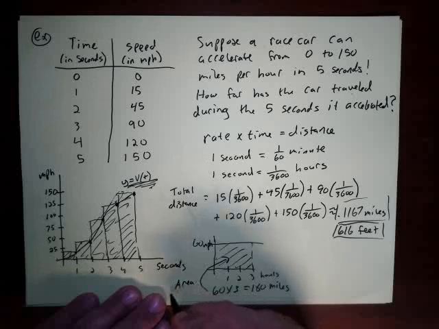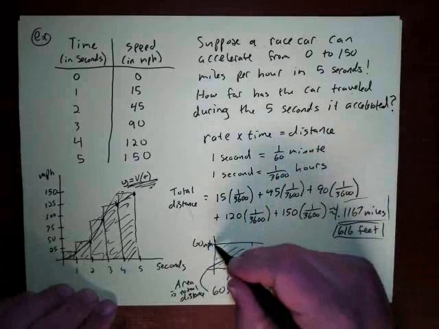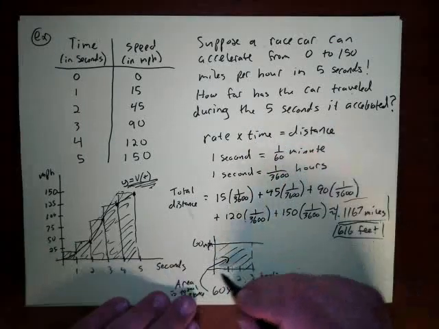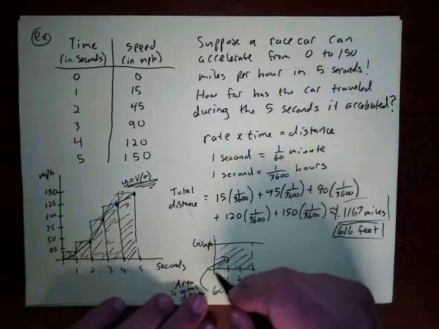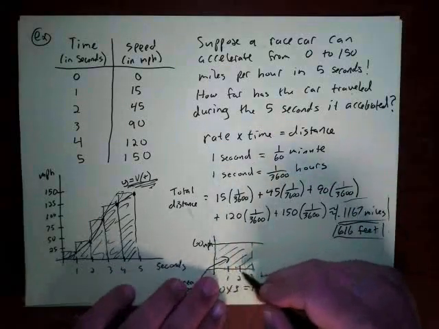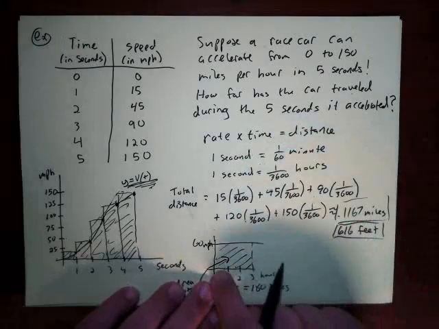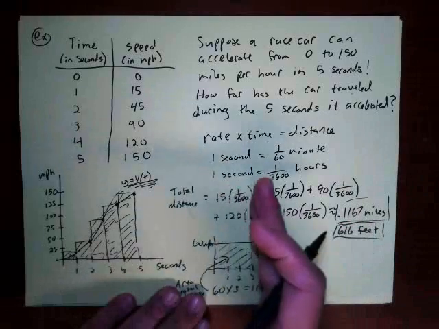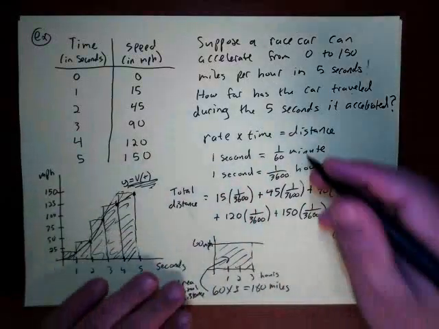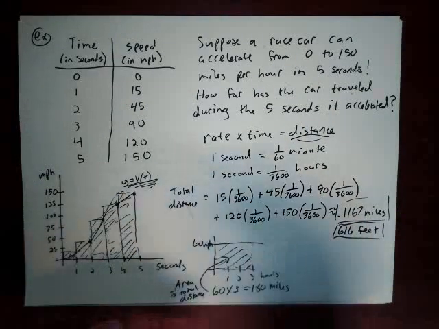So area is total distance. You can see this because of the rate times time formula: the rate is the height of this graph, and the time is the width of the rectangle. One dimension is the time, the other dimension is the rate, and then the area of the rectangle actually gives you the total distance. So the area underneath the graph